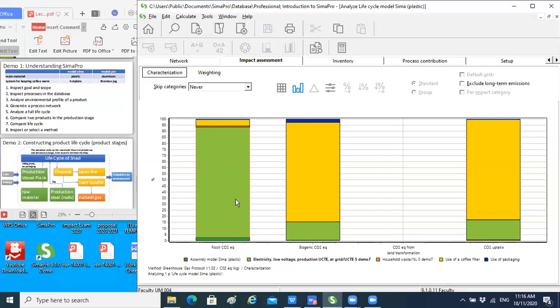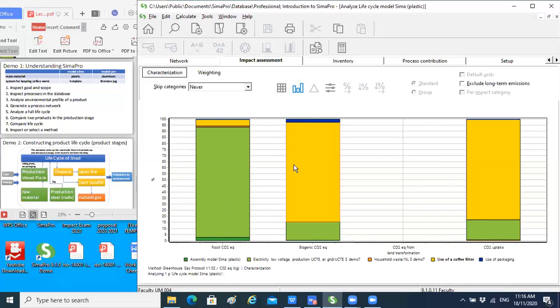And then, of course, you will consider maybe replacing the coffee filter, or not using a coffee filter at all, because we know that the coffee filter is generating a lot of carbon emissions on these 2 impact categories. While the use of packaging contributes only quite a little, and the assembly of model SEMA Pro, which is the dark green, contributes quite little as compared to the other